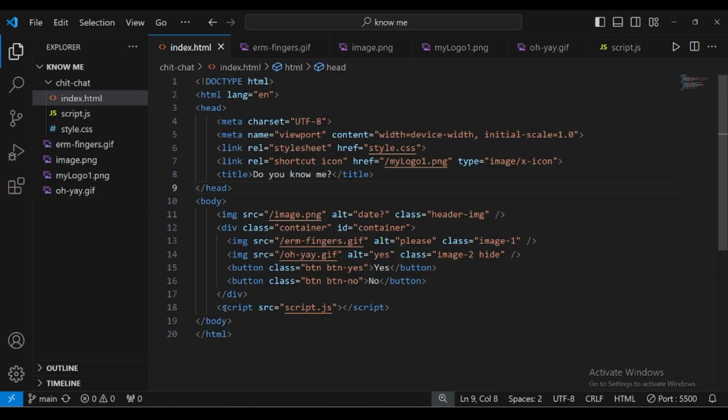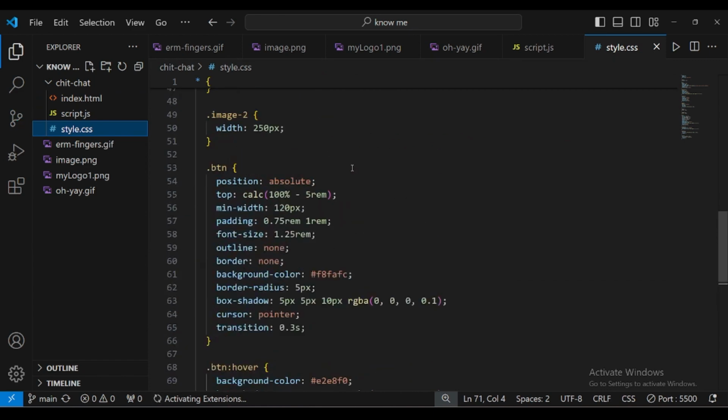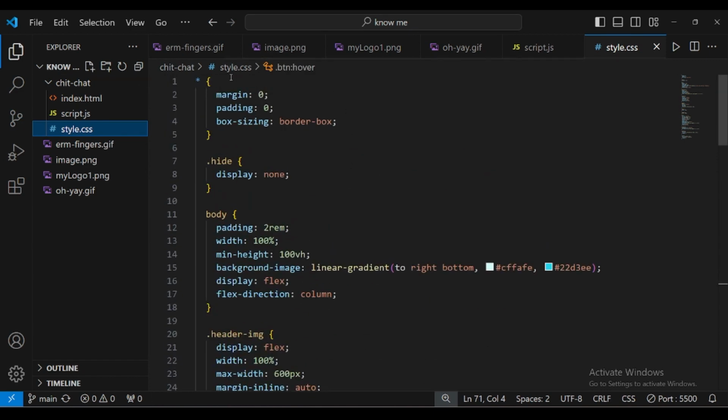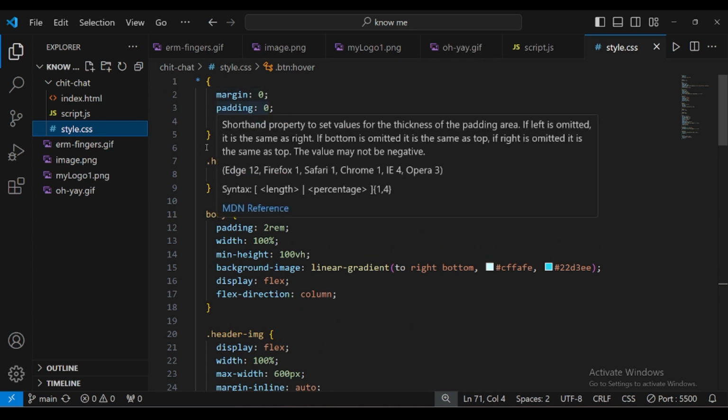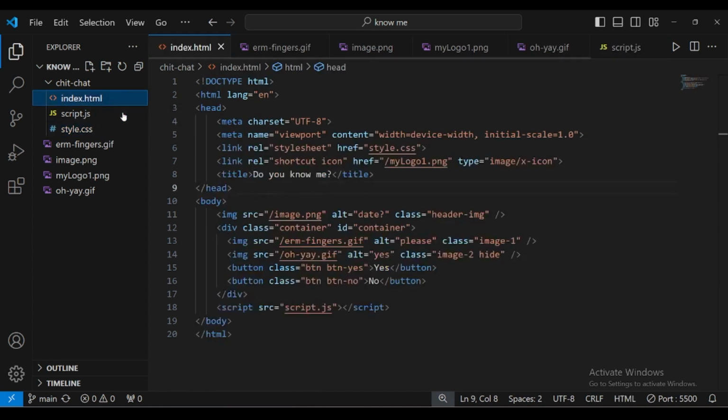We have added a script called script.js using the source link. Now we look at the CSS file. In CSS, we have given a basic margin of 0, padding of 0 and box-sizing as border-box. First, we'll hide using display none. This hide is basically from